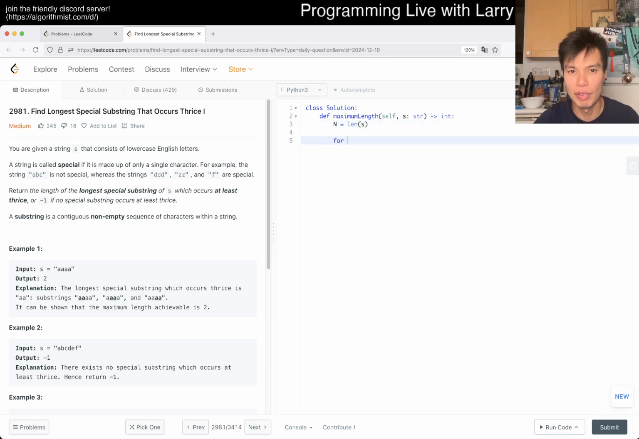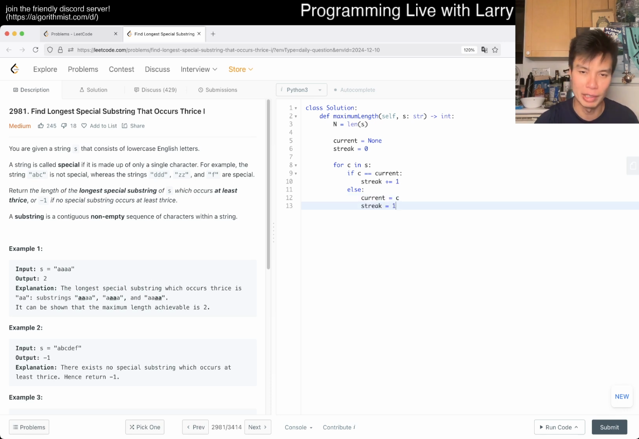So for C in S, and then now current is equal to, so that's just the current character. We'll start with none, say, and then streak is equal to 0. Right, so if C is equal to current, then streak increment by 1, else current is equal to C, and then streak is equal to 1, right? And then now we can maybe do something like,